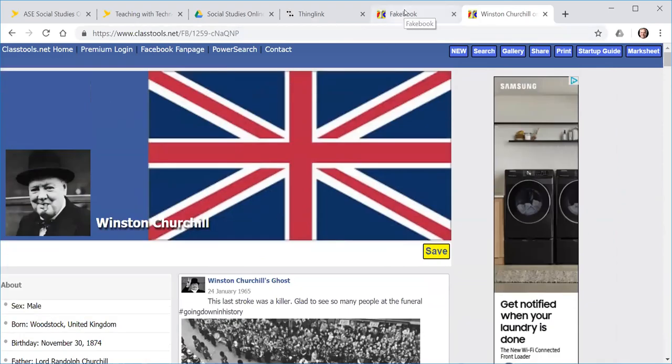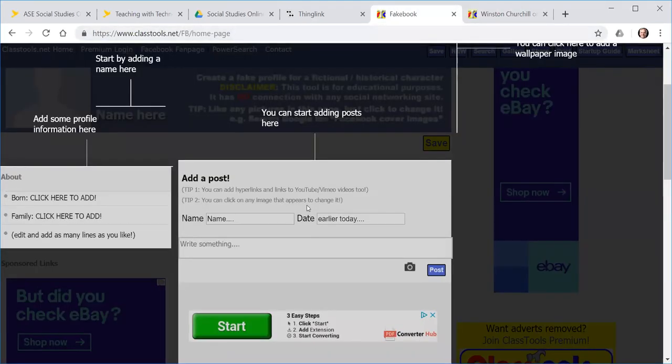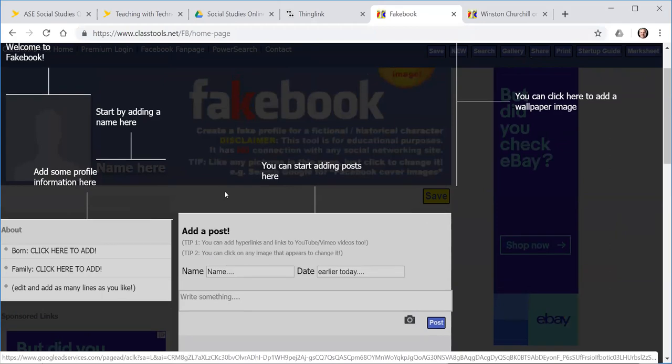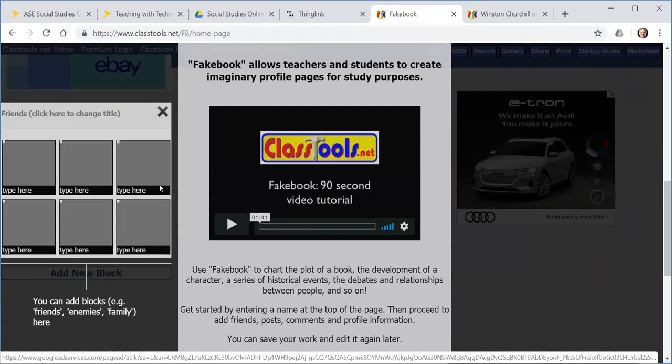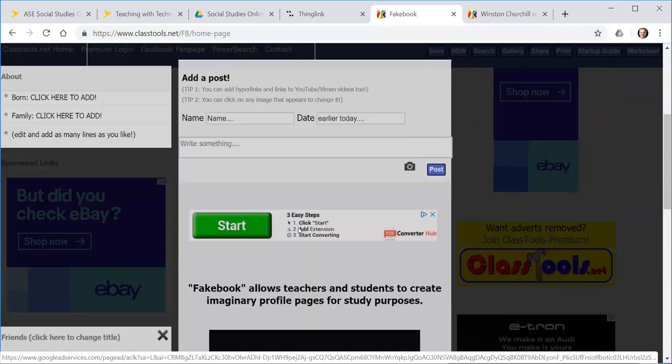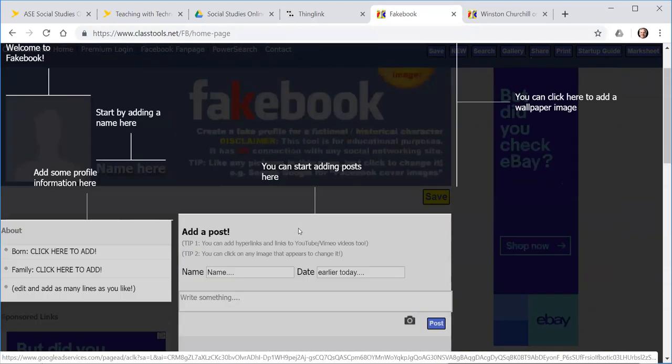But it's Fakebook, again, very easy to use and a free thing that you can do. You can go ahead and just go in and put all the information in and roll from there. So very, very easy to use. And Fakebook can be used for more events besides history, and they give some information if you wanted to use it in an English class, show a series of historical events, debates going on between people, etc. So very fun, easy tool to